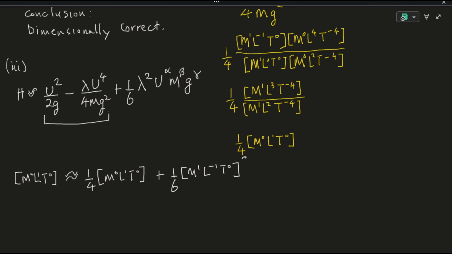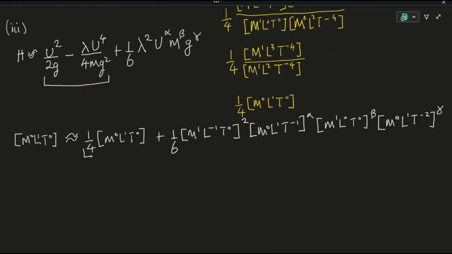Let's not forget the exponent. The dimensions of the initial velocity u has also been determined as, the exponent. The dimensions of mass, the exponent, and the dimensions of acceleration due to gravity, the exponents. Now, let's take this part of the equation to the left side